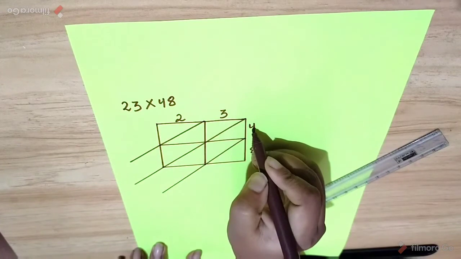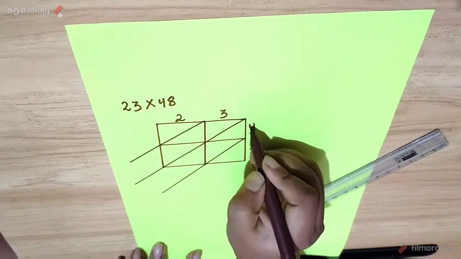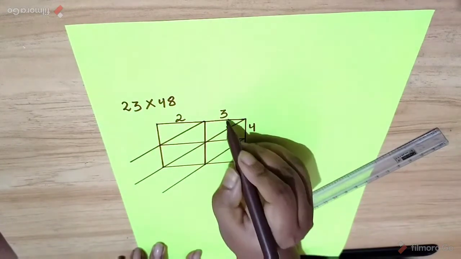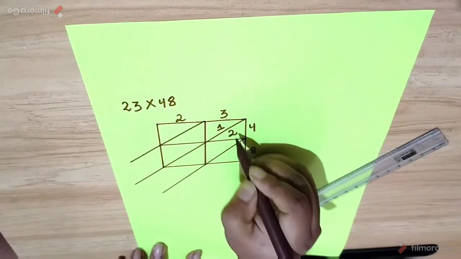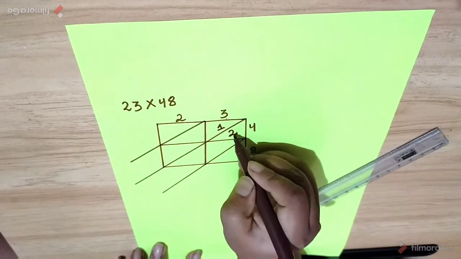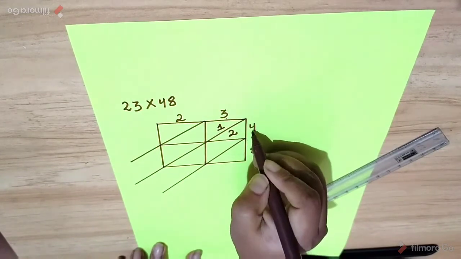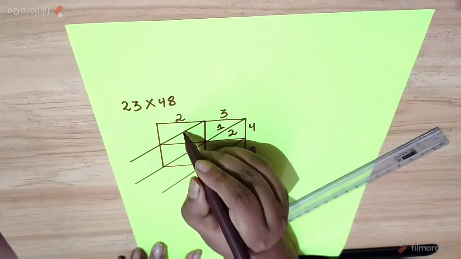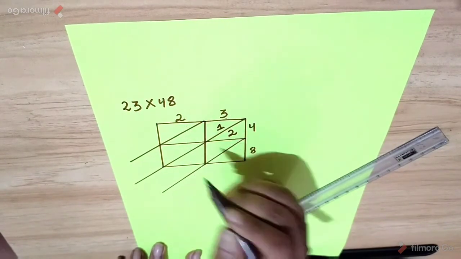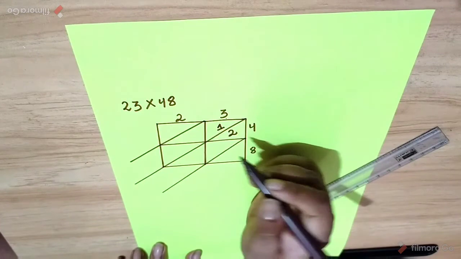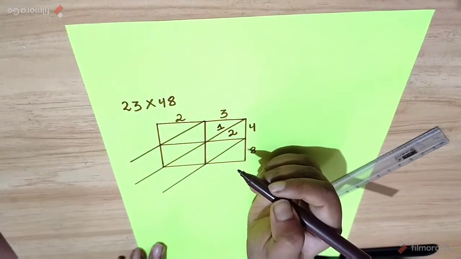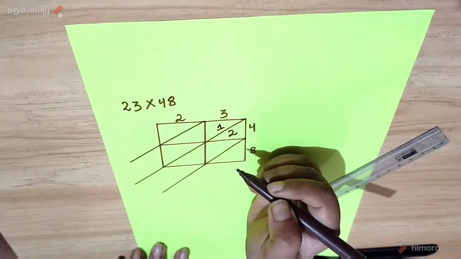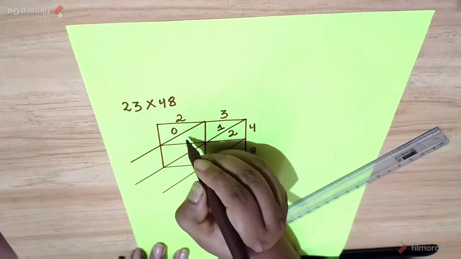See, here is 3 and here is 4. We are going to multiply 3 and 4 here. 3 into 4 is how much? 12. So I am going to write here 12. Two blank spaces are there. Here is 1 and here is 2. Now 4 into 2. 4 into 2 is how much? 8. Two blank spaces are there, but I have only one digit, that is 8. So how I'll write it? 0, 8.